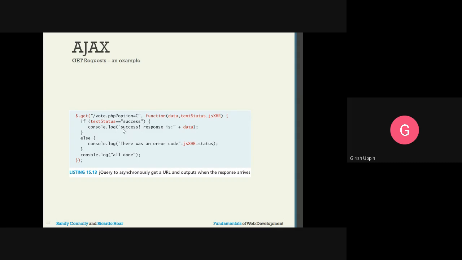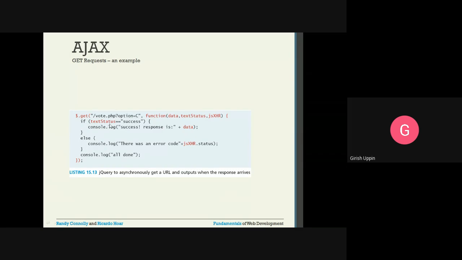Then you write the string "success responses:" plus data. So data will have all the data as a response from this particular request. In our example, it is a time, whatever the current server time, that will be available in data.